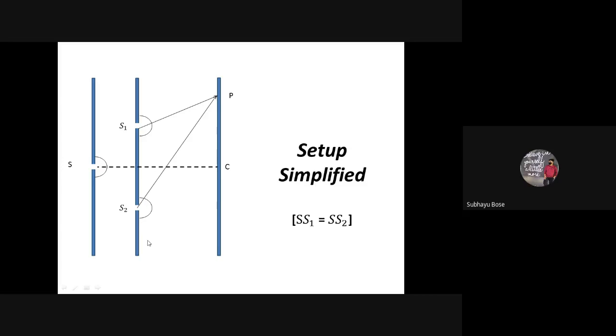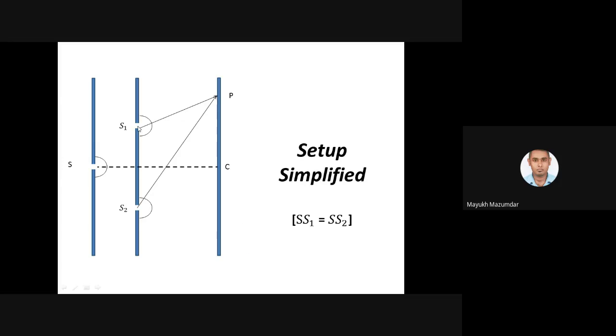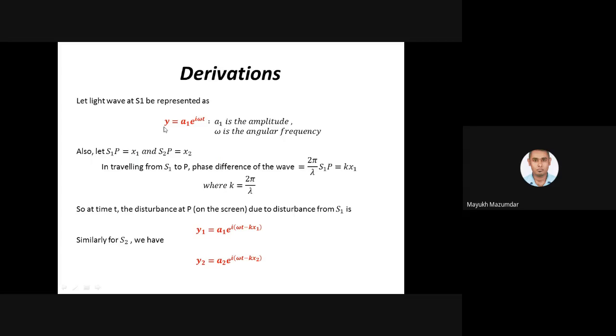Okay. Now the main thing. So suppose I'm calling the first slit S1. So what we are doing here is division of wavefront. That is, this one is now behaving as one source of disturbance. Disturbance means simply it is giving out light waves.